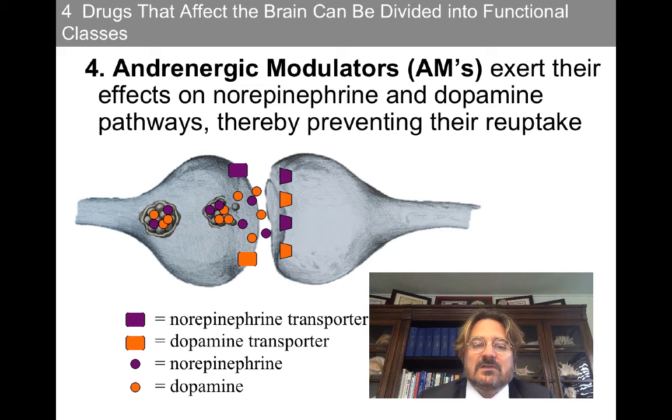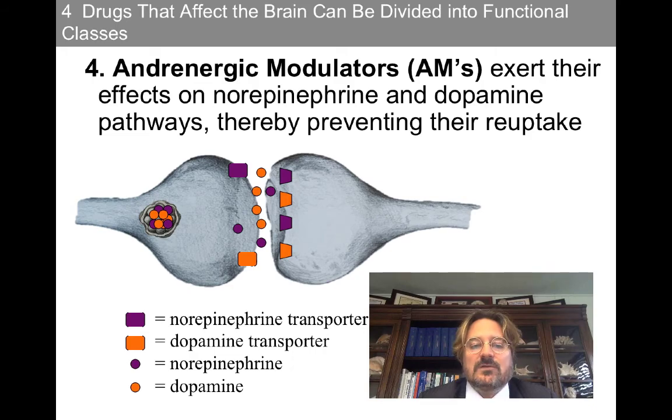But you can see these vesicles are releasing dopamine and norepinephrine into the synapse. And normally we would find that those neurotransmitters would activate the receptors, causing these graded potentials. And afterwards, reuptake by the transporters would take these neurotransmitters and then they would repackage them safely into these vesicles